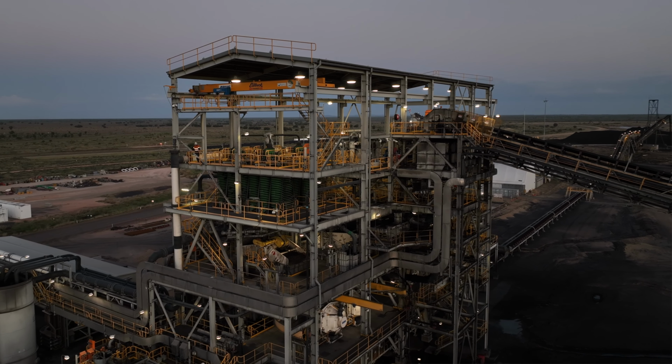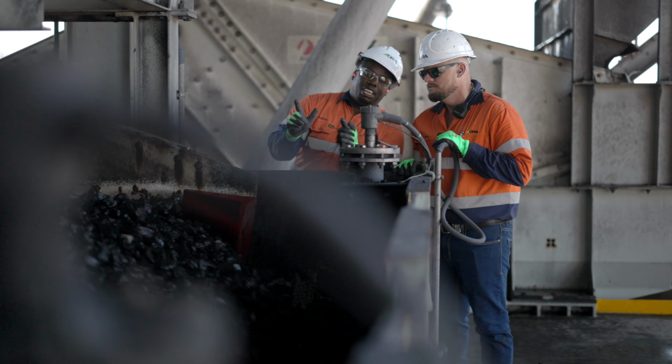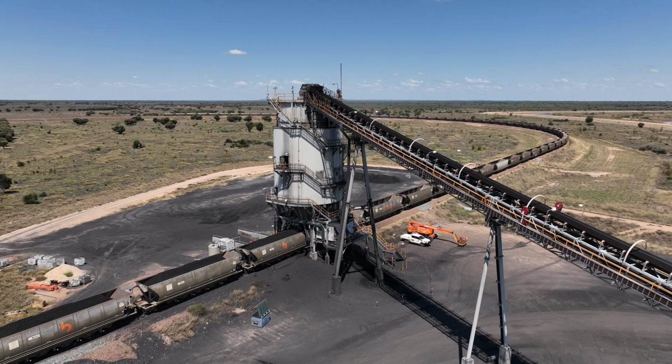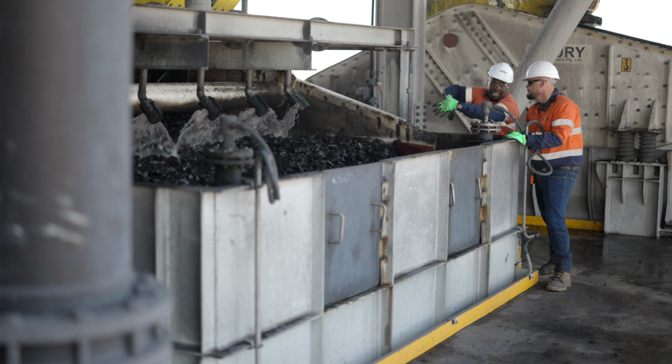The Carmichael project is the first coal mine in the Galilee Basin. It's a thermal coal mine, open cut. We run a CHPP, which consists of a bypass and a wash plant, loading coal onto the trains for export overseas. So DRA's involvement in the Carmichael project has been right through from the original design of the wash plant,